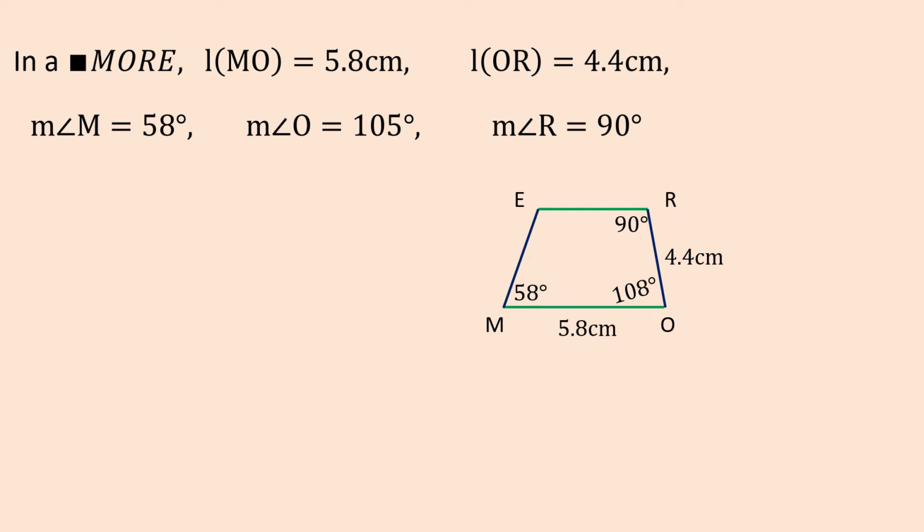Now let us begin to draw a fair diagram. For that we are going to draw a line. So first we have drawn a line. Now on this line I have to fix a distance of MO, the segment MO. For that you can either use a ruler or you can use a compass.